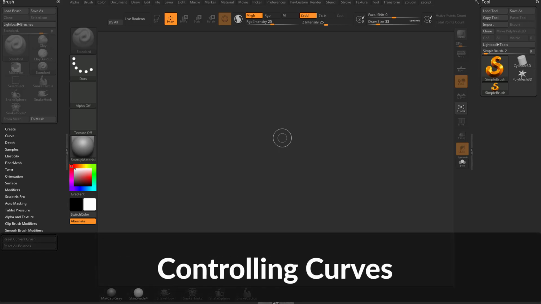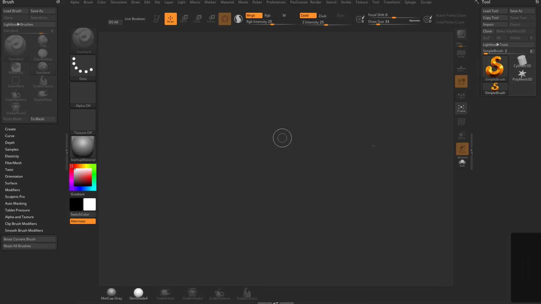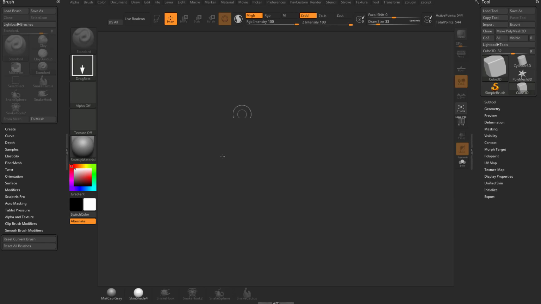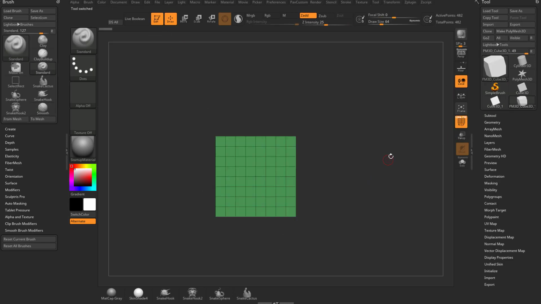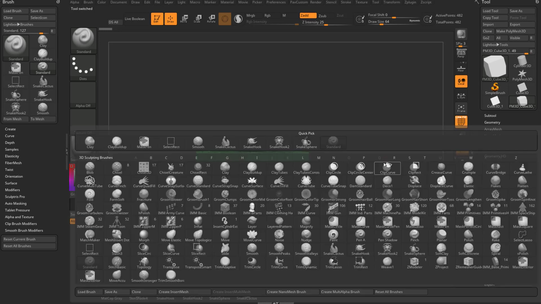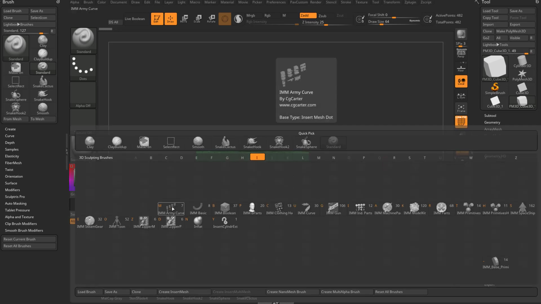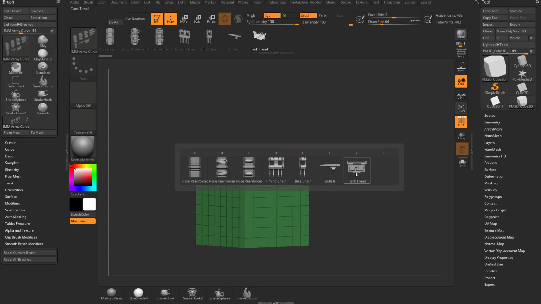So now that we know how to use Z-spheres, let's talk about how to control these curves. Let's go into our brush palette here. Let's grab a Cube 3D, drag it on our canvas, go into Edit mode, make Polymesh 3D, turn on Polyframe, and let's go to Brush, BI, IMM Army Curve, hit the M key, and go ahead and grab that tank